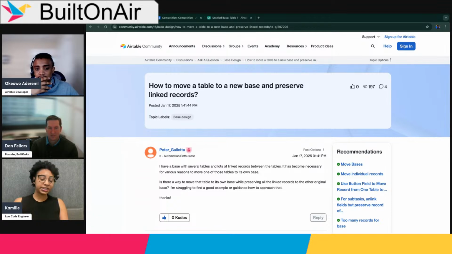And I've run into this 1,000 times. It's actually not necessarily difficult to accomplish, but it is tedious. And there's a series of steps that I like to follow that make it so there's as little data loss as possible. Although there's massive warnings that I will give as I'm walking through the process of how I might do this. And I'm going to do my best to do this on the team plan rather than on business or enterprise, because there are some tools that are helpful that are not available to, I think, the majority of